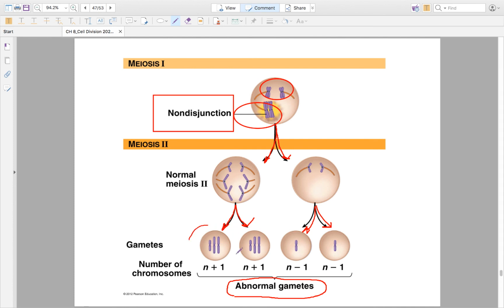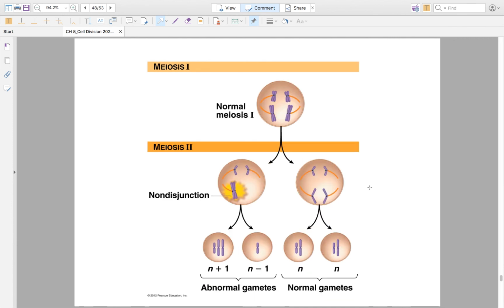Now, if this egg, let's say this is an egg, okay, if this egg goes on and it gets fertilized and becomes a baby, that baby is going to have a chromosome disorder because of meiosis having an error, the non-disjunction. So everything has to go perfectly, or we can end up with these catastrophic results. Okay, let's look at the second type of